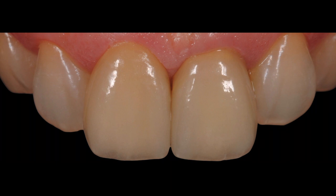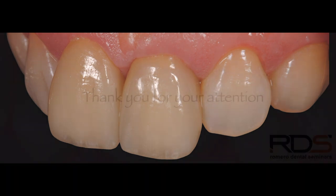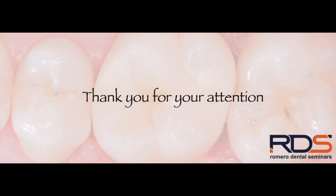Note the natural appearance of the restorations and the healthy tissue surrounding them. One more from a side view to evaluate the natural texture that the lab was able to reproduce on these ceramic restorations. In summary,